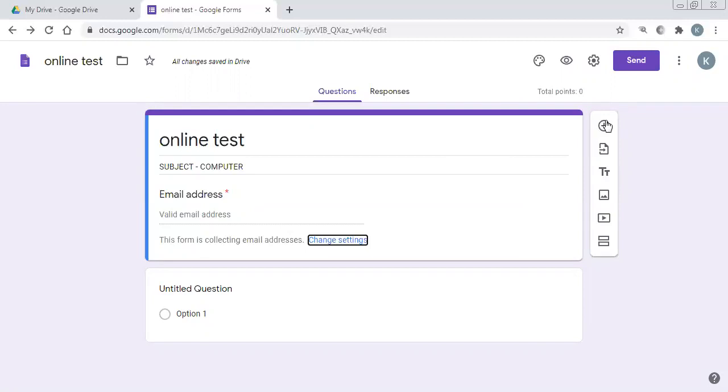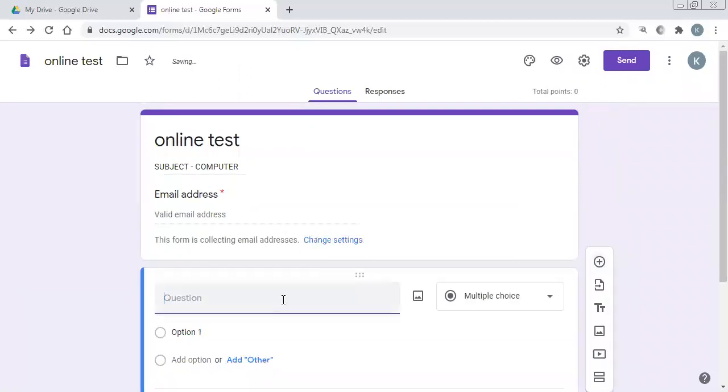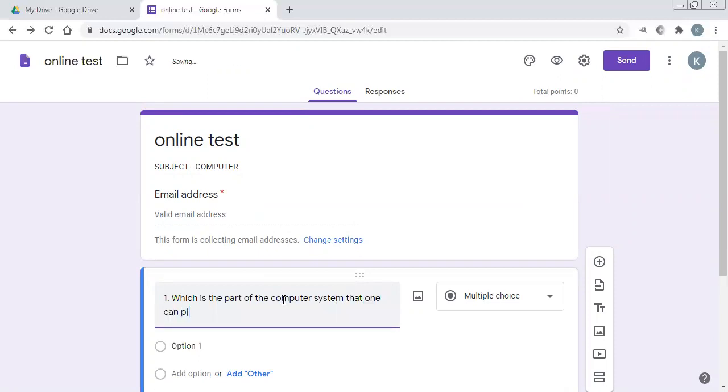For the first question, I am going to click the plus symbol. For example, the first question: which is the part of the computer system that one can physically touch?